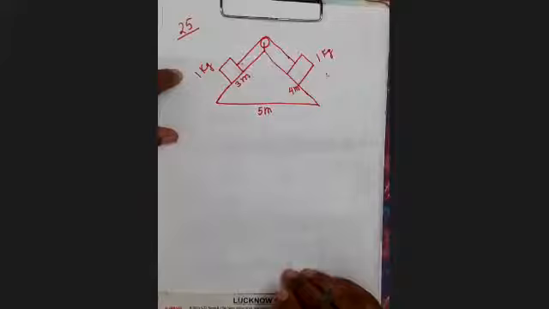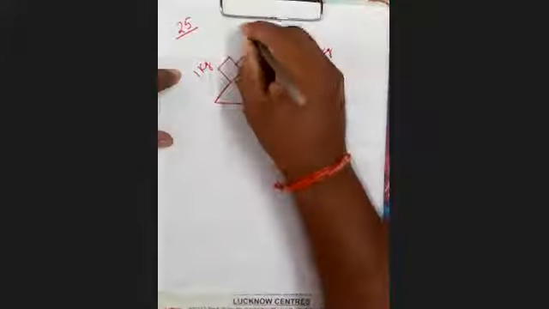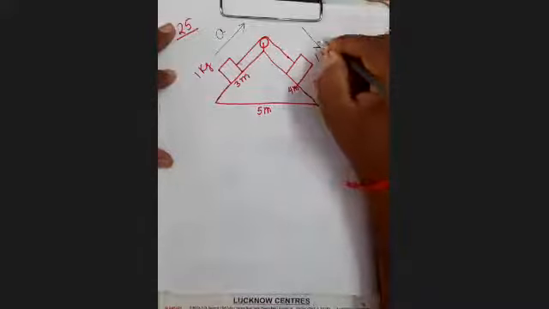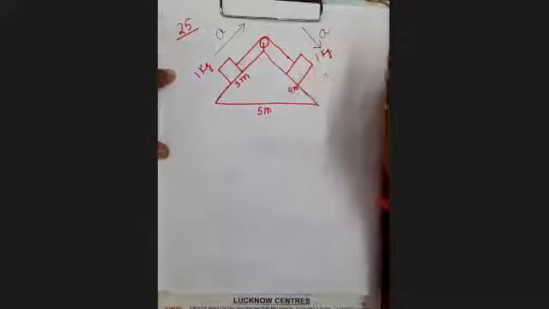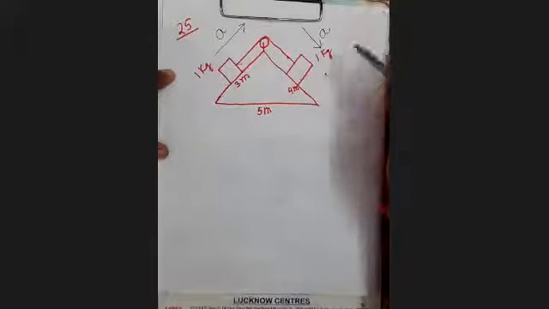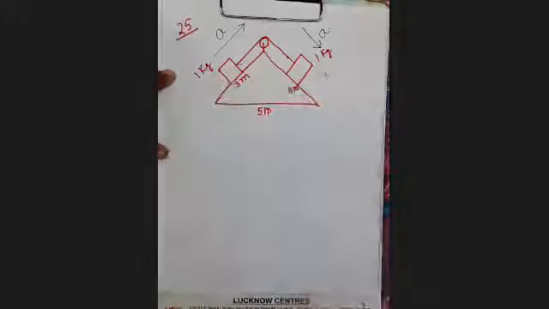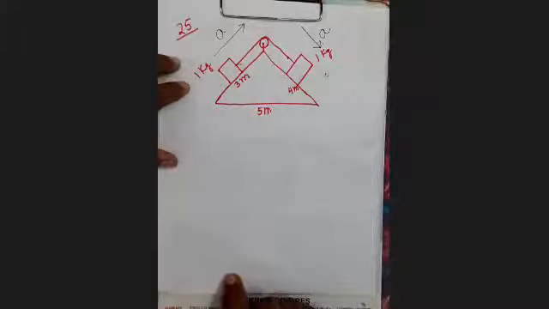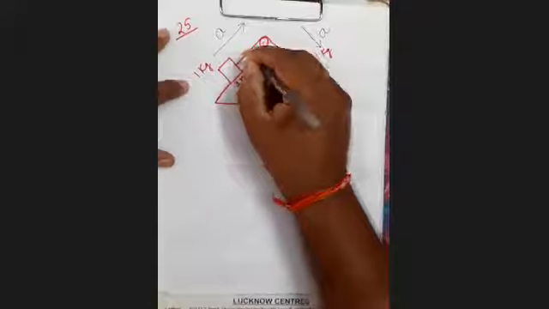So see here, we have assumed that it is moving in this direction with acceleration A, and it is moving down. Suppose if the value of A comes out negative, it means the system is moving in the opposite direction to what we have assumed. It's clear. So just now I have assumed that this is the direction of acceleration and let the tension be T.